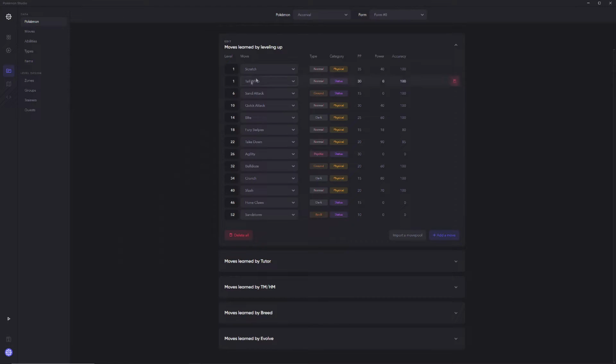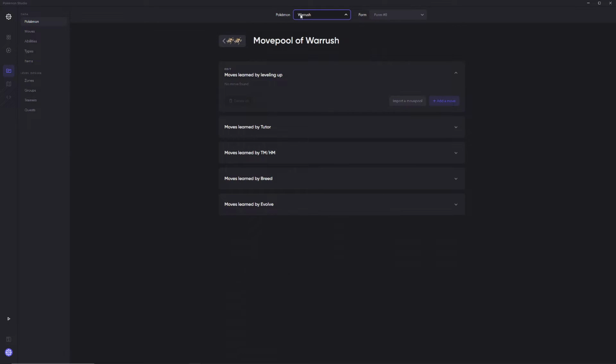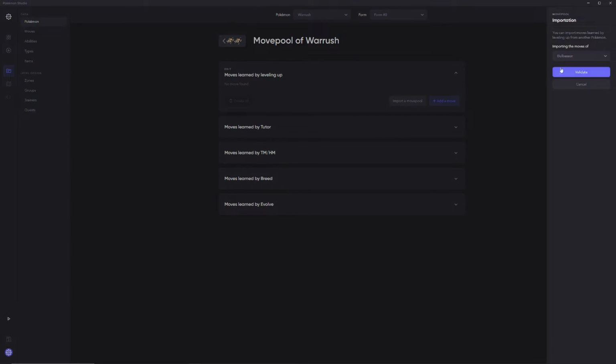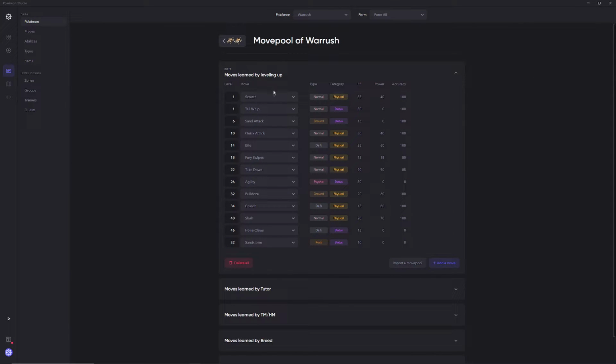So we're gonna save real quickly. I'm gonna show this off. If we go over here to War Rush and we do import a move pool, go to X-Serval, right, and we hit validate, it adds in all of the moves that we just added from X-Serval, completely at the same levels and everything. So what's really convenient about this, in case you don't know, once a Pokemon evolves